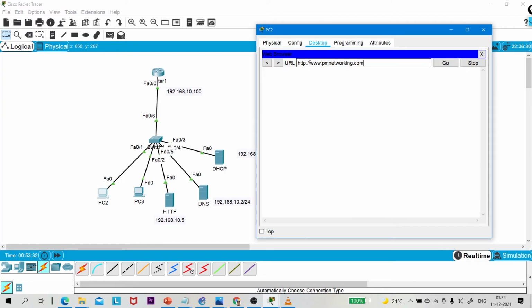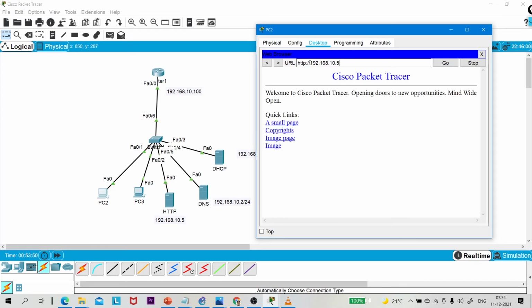If there is no DNS, then who will provide the IP address of this domain name of this website, right? So it's not possible to access my web page. Now we can access my web page by IP address 192.168.10.5. You can see, right?